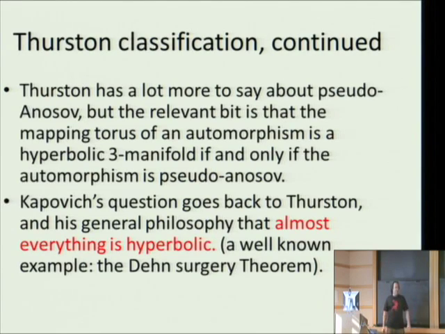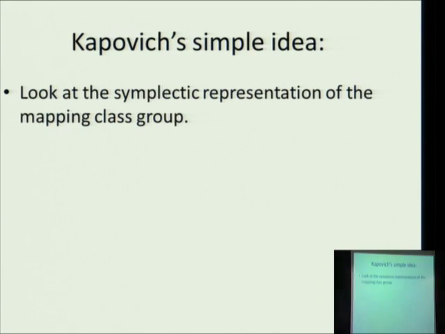The best known example of this is the Dehn surgery theorem, where you can take your favorite manifold, drill out a torus, and screw around a bit. And for most of the ways you could screw around, you get a hyperbolic manifold. So here, again, if you take almost any surface automorphism, then the resulting object should be hyperbolic. That's the motivation. Now, whether Thurston himself had asked this question in those exact words, I'm not sure. It certainly had been popularized by Benson Farb,